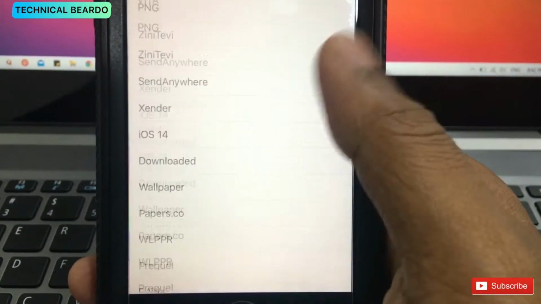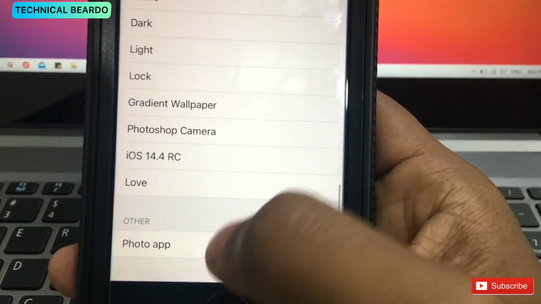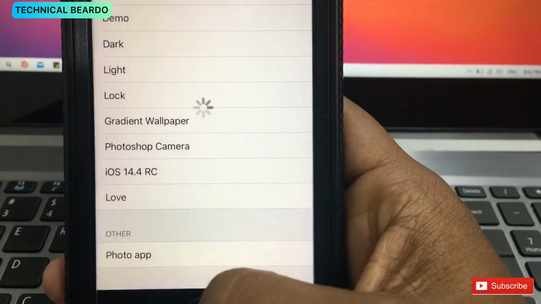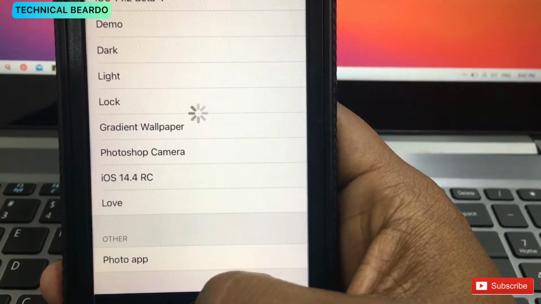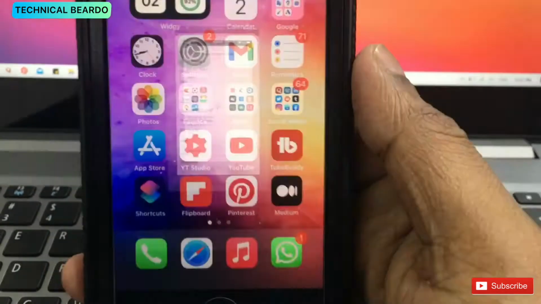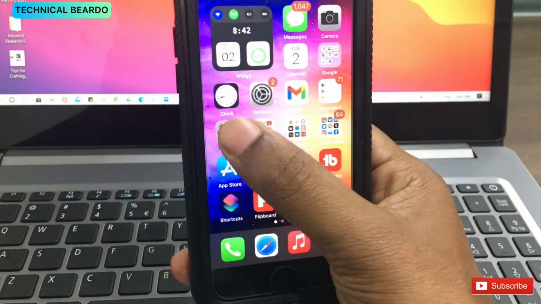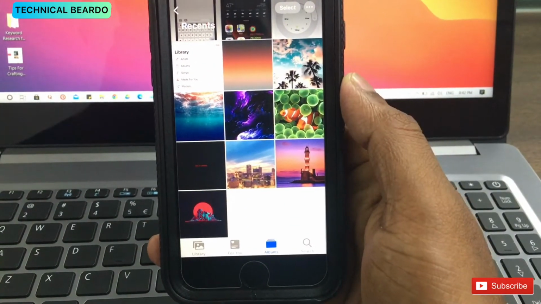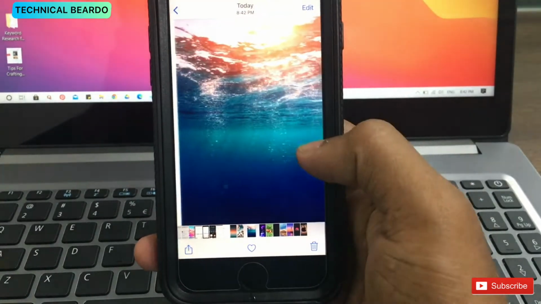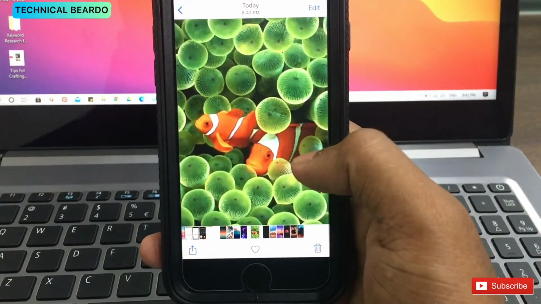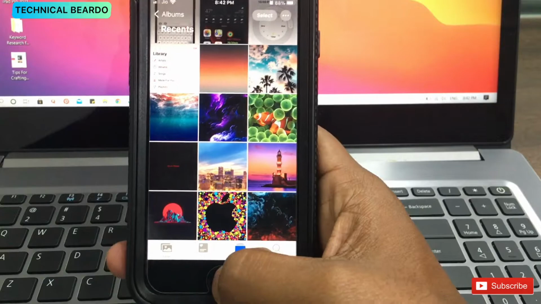Here, choose the album from the camera roll, just go ahead and choose the Photos app. If you do that, now go back and search the camera roll. It will be saved to your camera roll very easily, and all are HD images. Now if you open the camera roll, you can see all the images saved in your camera roll from the application. And if you zoom in, they are all HD images for free.